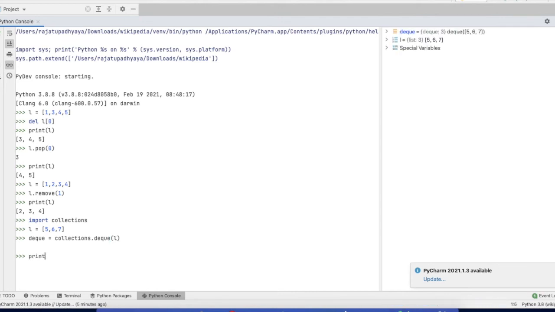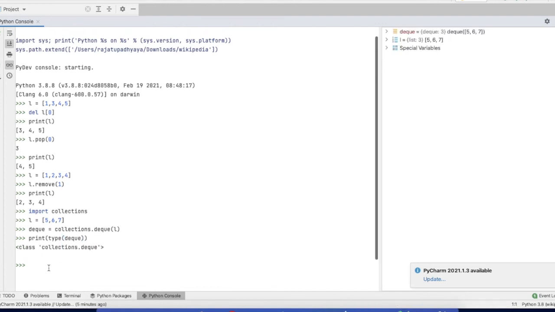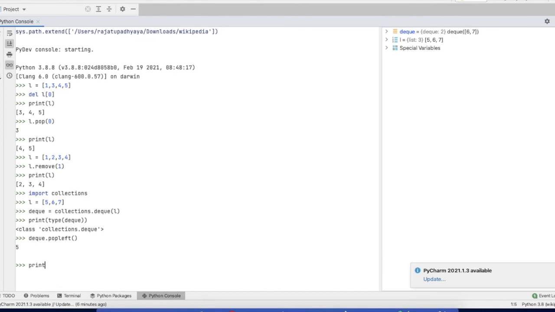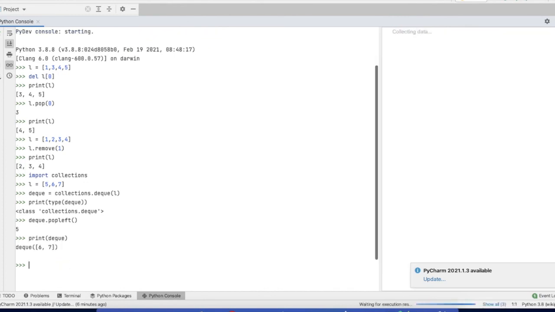Now if we want to check the type of the dq variable, you can see it is deque. Now we just need to use dq.popleft. Now if we print the dq, you can see it is showing deque 6 and 7.